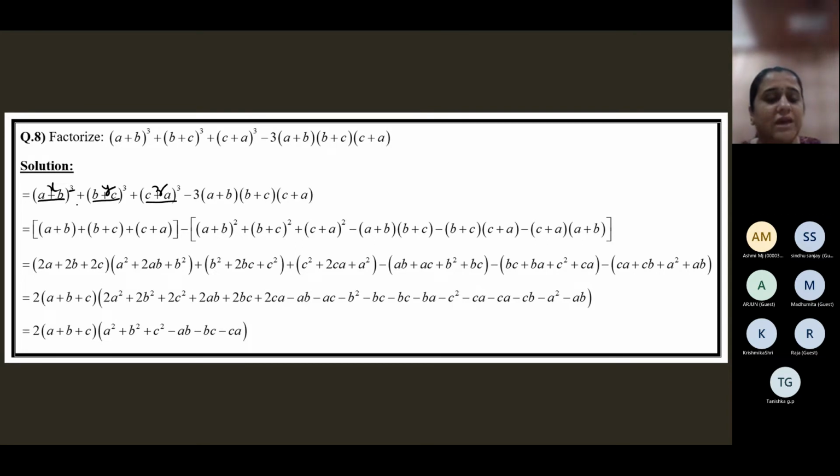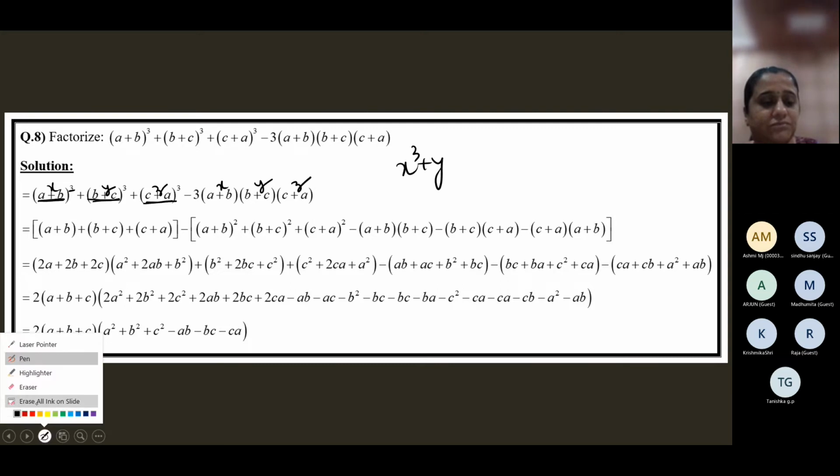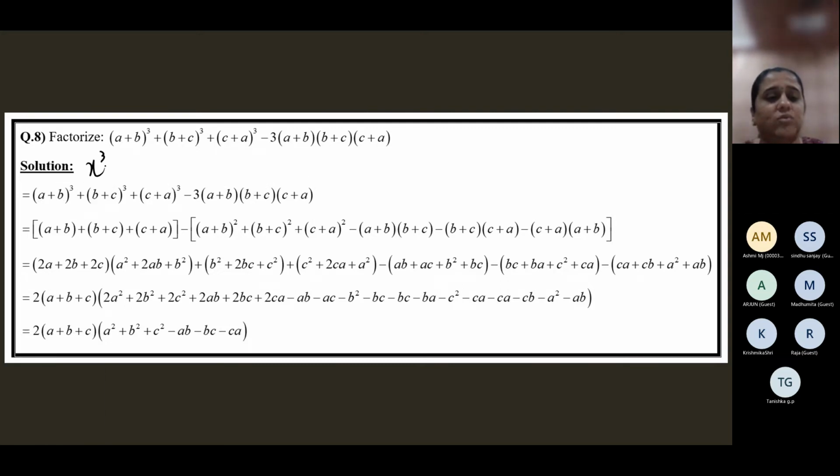So what is x cubed plus y cubed plus z cubed minus 3xyz equal to? It's equal to x plus y plus z